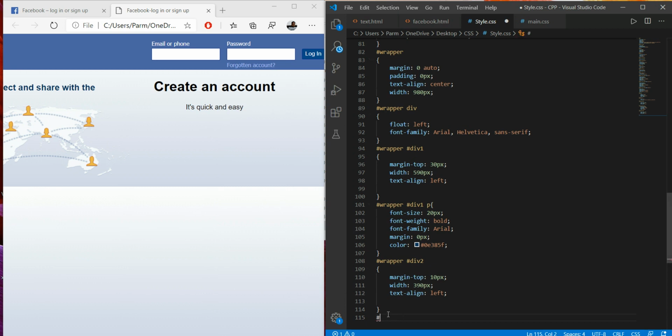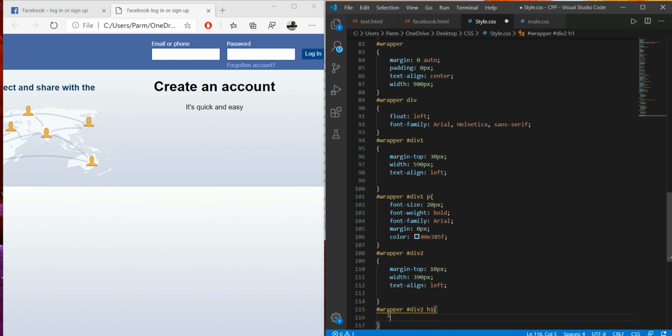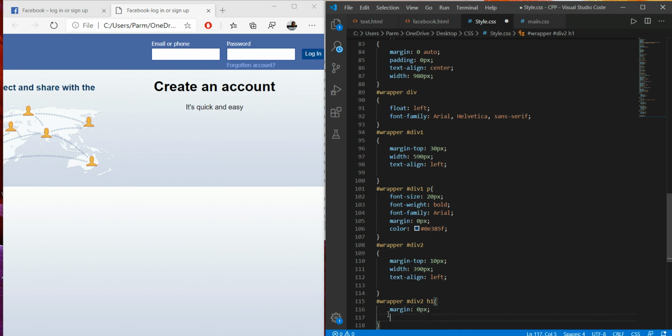So we have to format this, style this. For this again we go with wrapper #div2, here we go with h1, and to this I will write margin of 0 pixel, then font size.